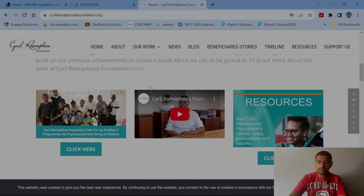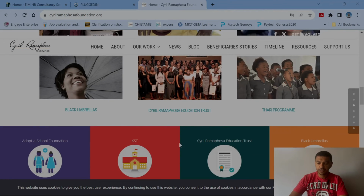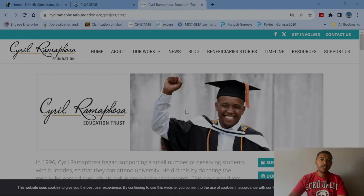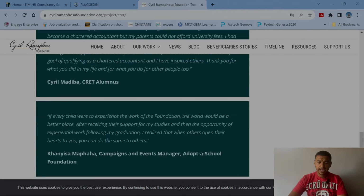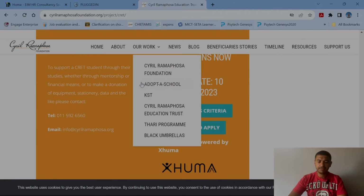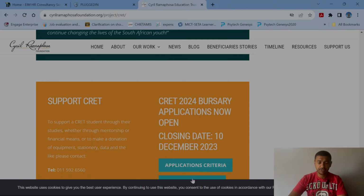I'm going to navigate further downwards to this section where it says Cyril Ramaphosa Education Trust. So I click on that. And then once I click on that particular hyperlink, I should get this particular front page. So I'm going to navigate further downwards once more. And then I should see this section in front of me where it says RET 2024 bursary application